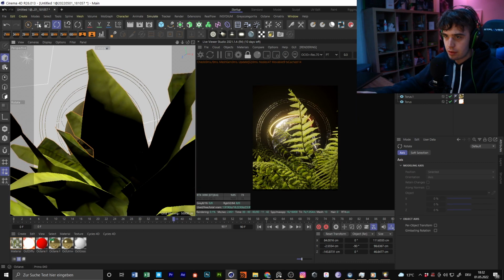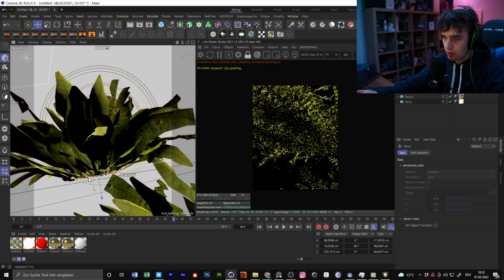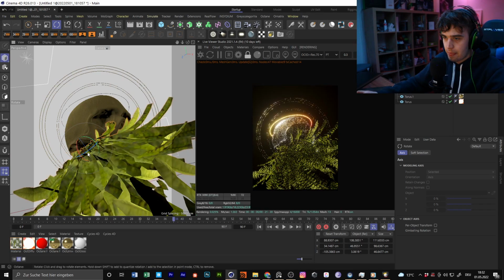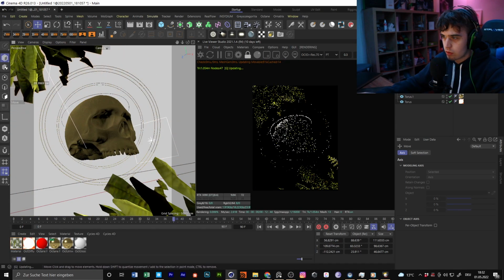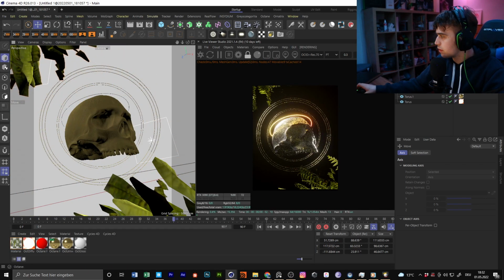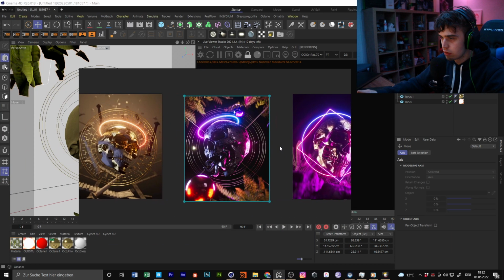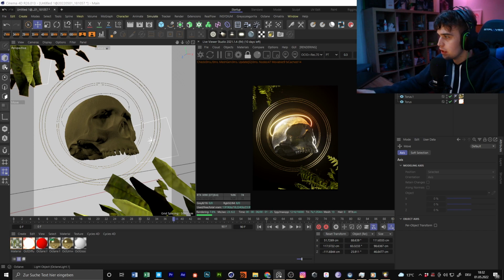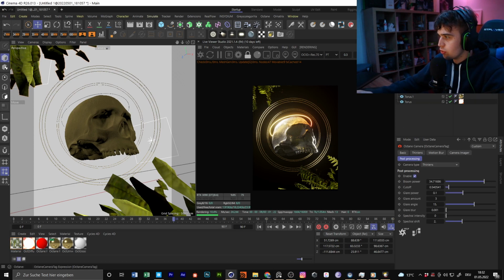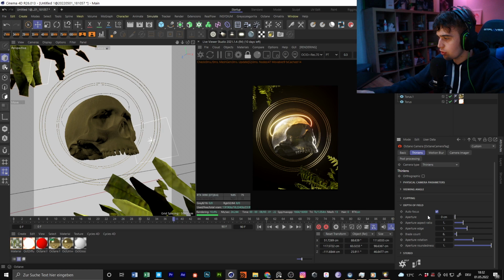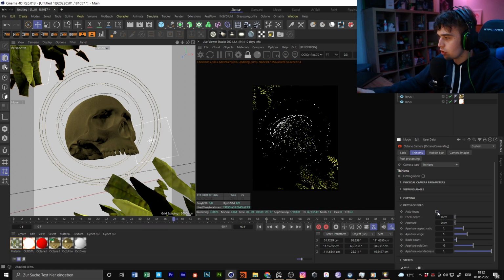Here's that. Rotate it, drag it up, and now you have something like this one. Easy. Now we go to the camera, go to thin lens, go to depth of field, turn off the